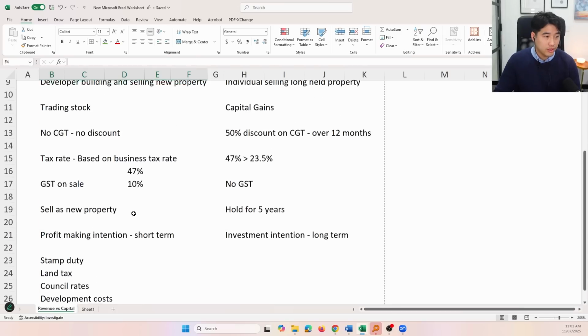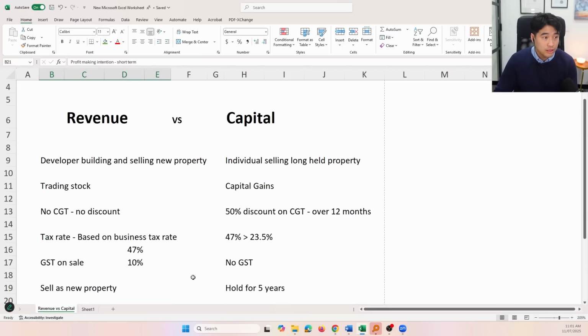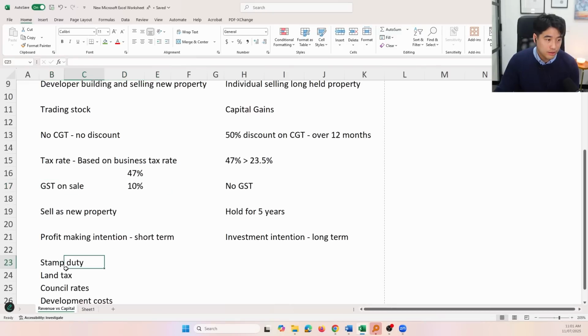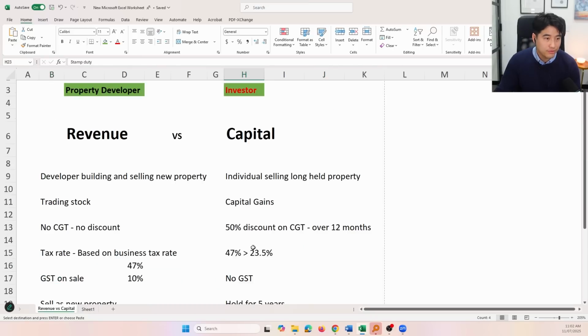So I just want to be clear. There are some things that you need to be careful on, is that the ATO does look at it as a profit-making intention. They look at your intention. They want to know that if your intention was to sell, to knock it down, rebuild, or make profit on the sale of properties or sale of units, duplexes, they would want to see it as a revenue account, and they will also want to see you pay taxes on your business tax rate, GST, and pay all the extra costs. Okay, so I just want to point out, you also still have to pay this as an investor as well. It's not like you don't pay this as an investor. I just want to point that out.